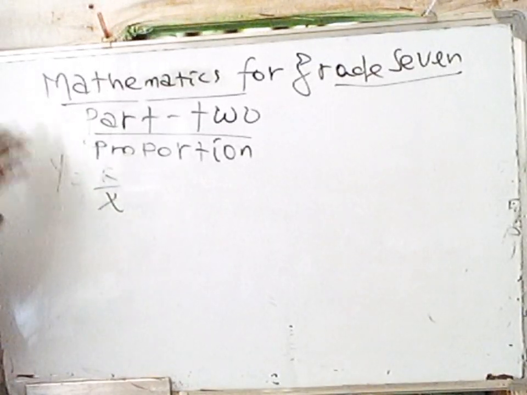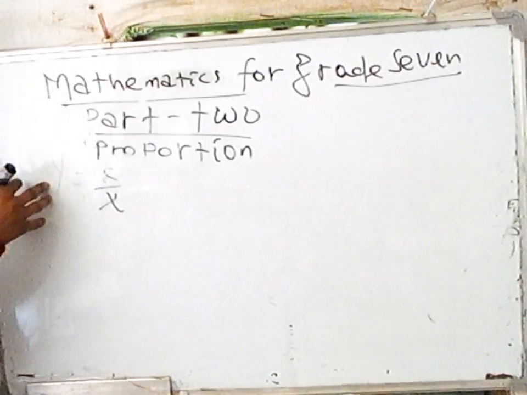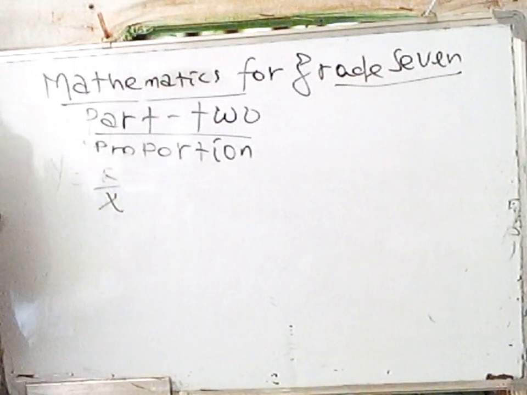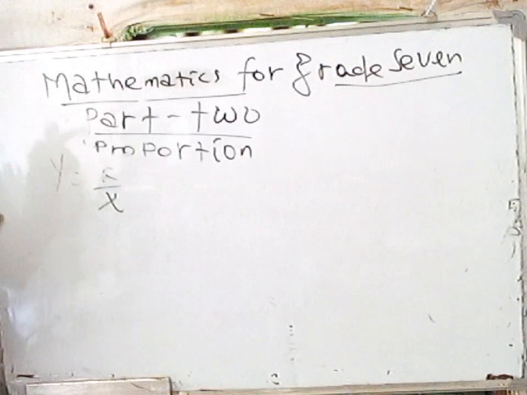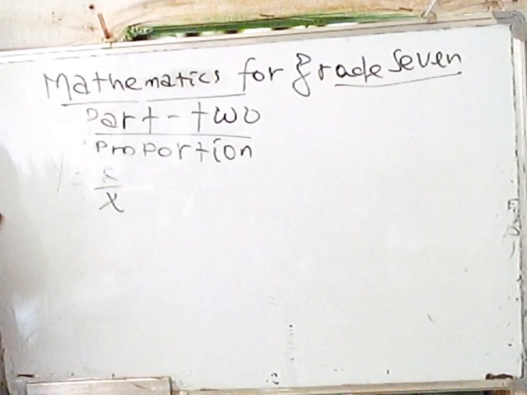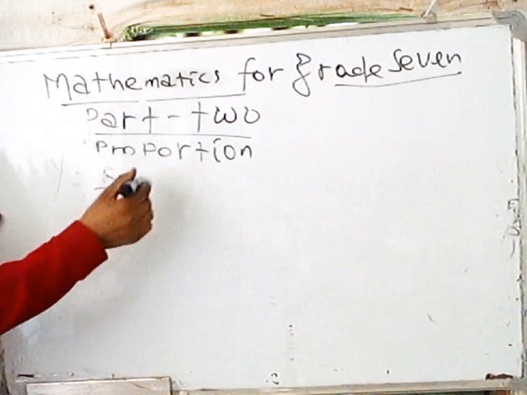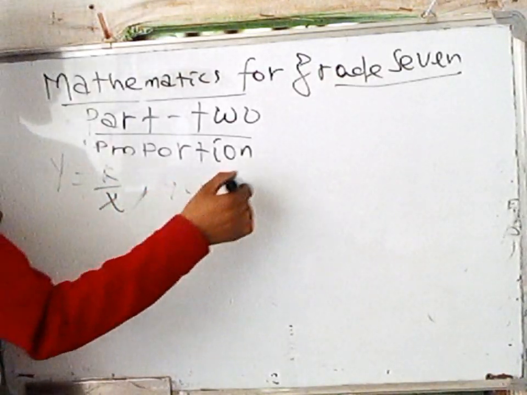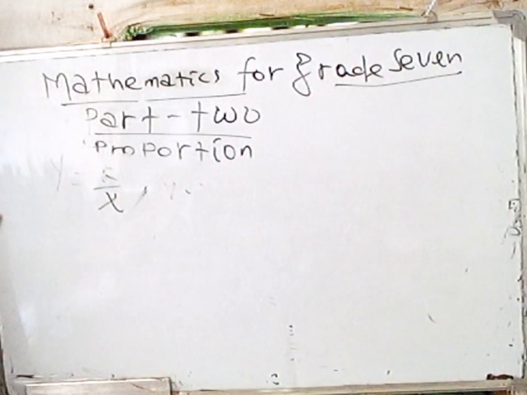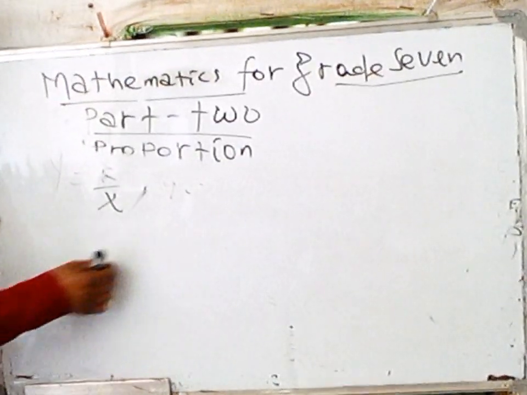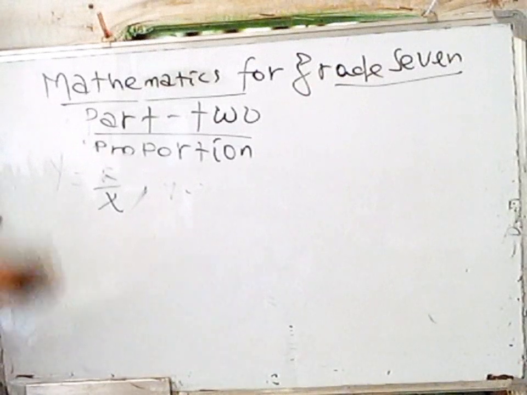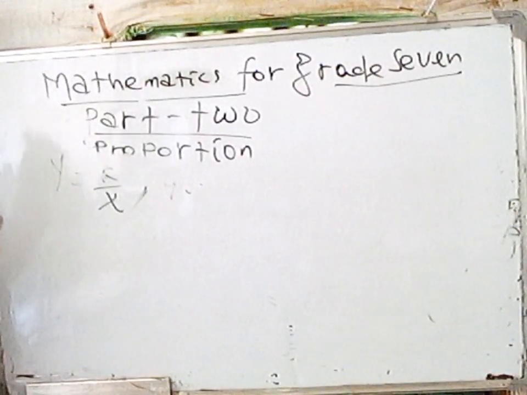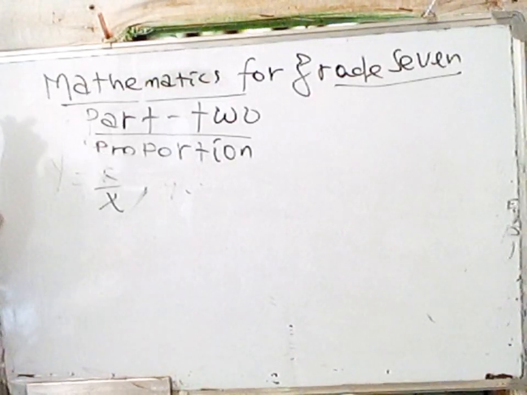That means by observing the individual values for y and x we can know whether the question is directly proportional or inversely proportional. Rather, most of the time question የሚሰጠው ምንድነው? If y is directly proportional to x, and if the value of y is this one and x this one, then next find the value of y when x is this one. ተብሎ ነው የሚሰጠው። ስለዚህ በዛ መልኩ አይደንቲፋይ ማድረግ ይቻላል ማለት ነው።